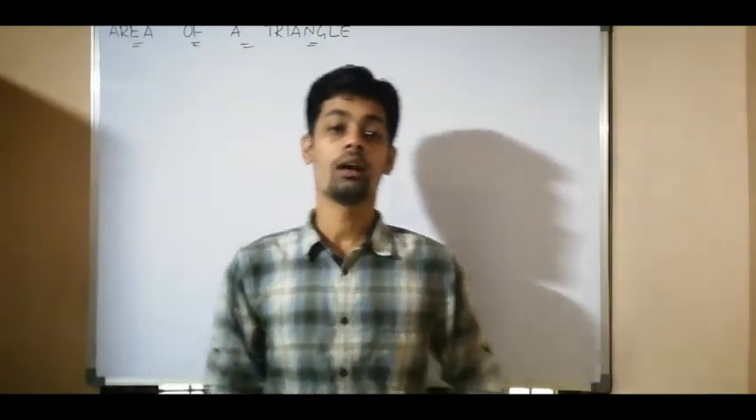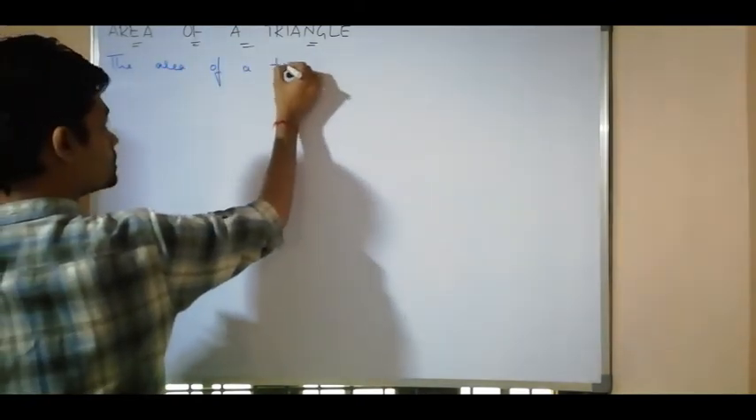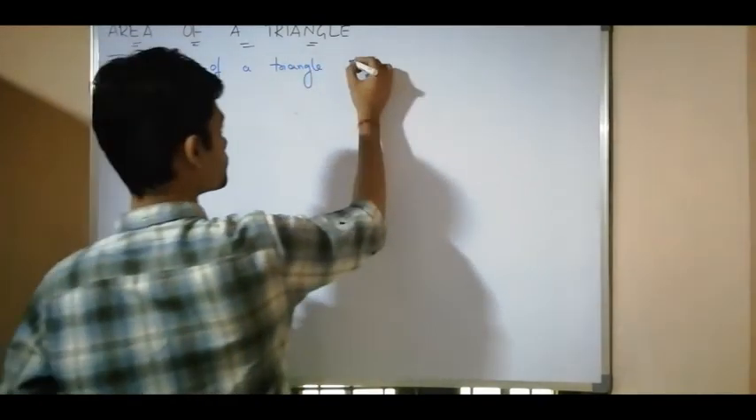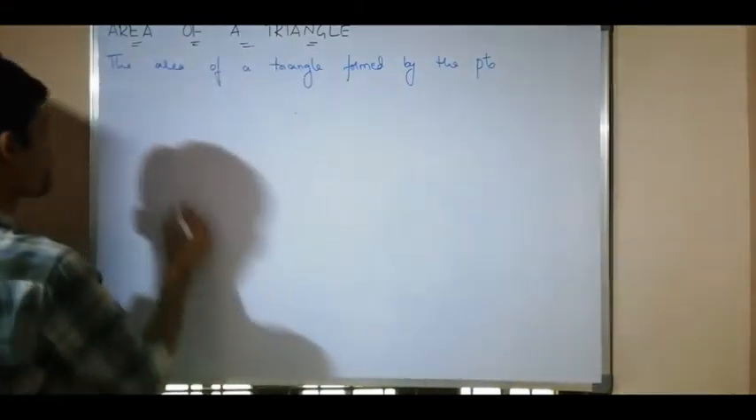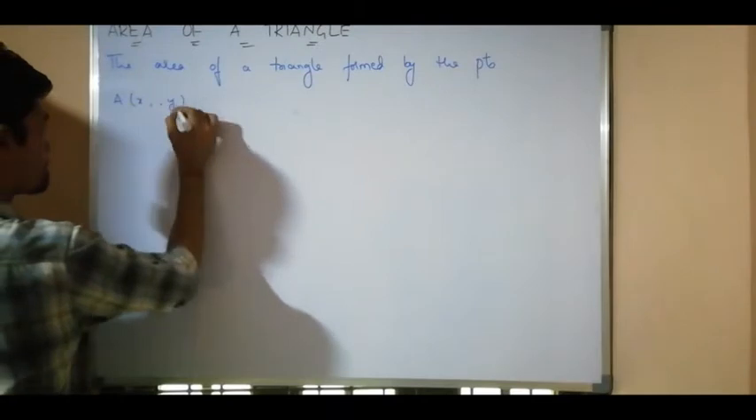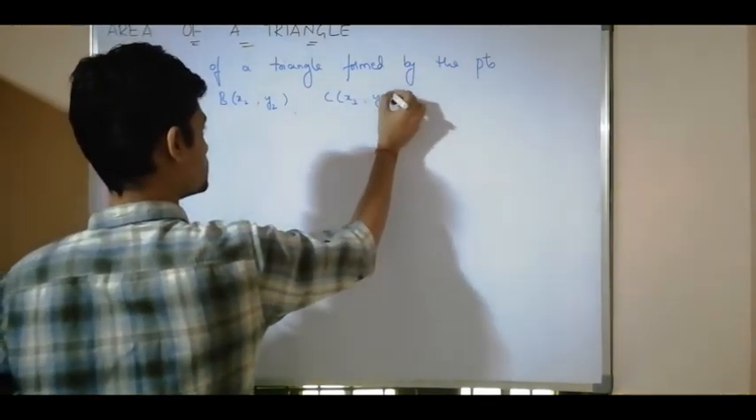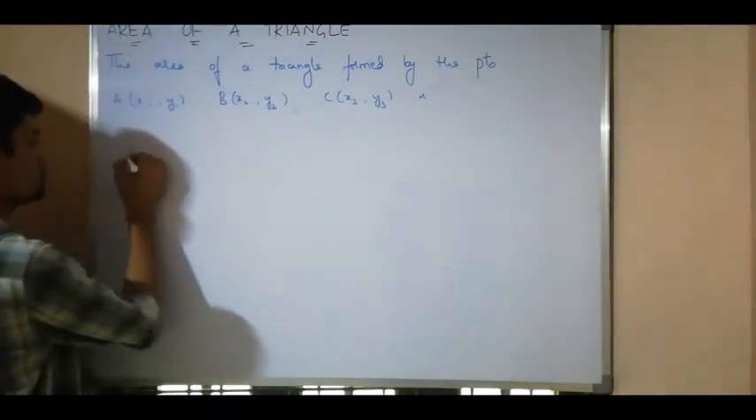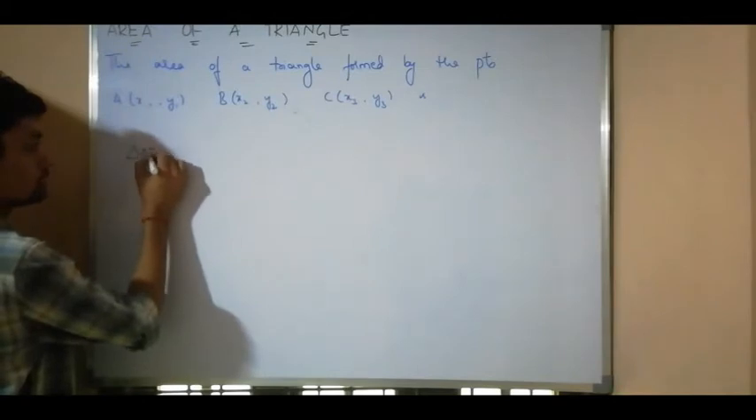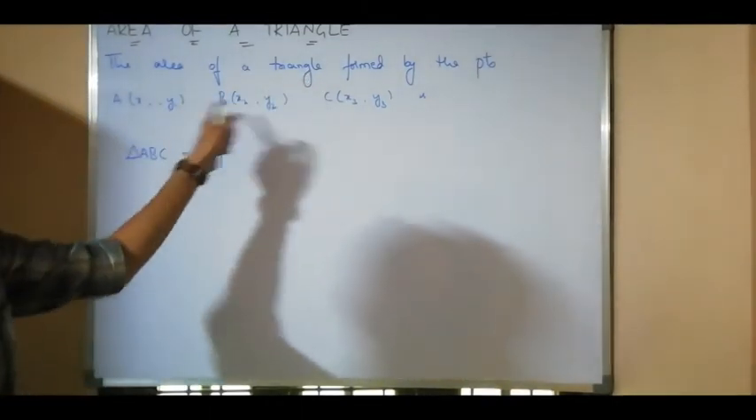The area of a triangle formed by 3 points, the points A of x1, y1, B of x2, y2, C of x3, y3 is, the area of a triangle is denoted by delta ABC, which is equal to half modulus of